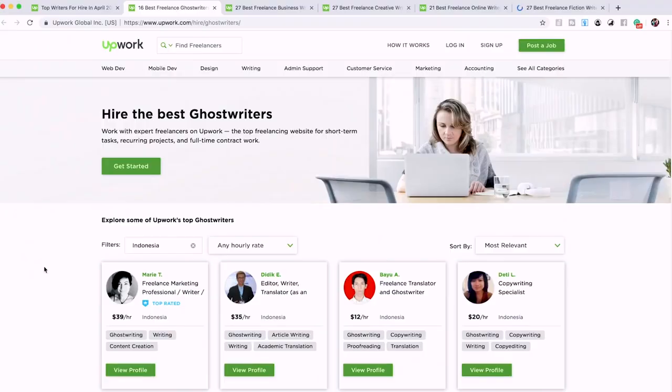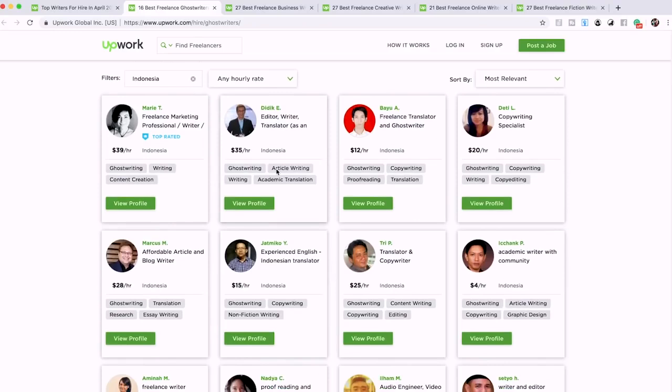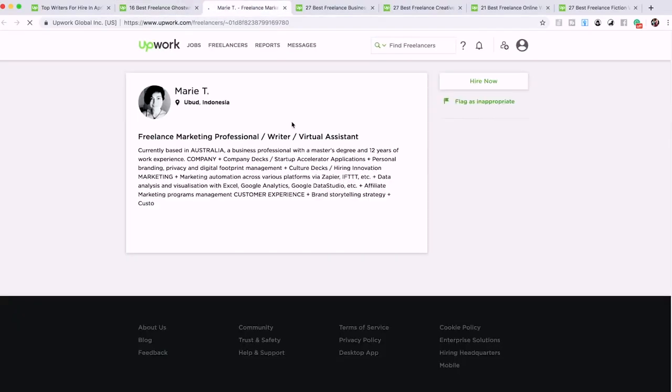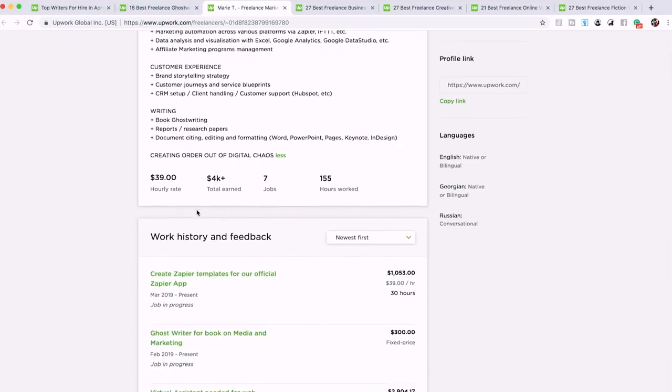Okay, so let's look at ghostwriters, and here we just have a bunch of profiles. And this part is very simple. You're just gonna explore Upwork. It's as simple as that. Look through any profile that looks interesting. So we'll look here at Marie T. Go into her profile. She has a little resume about herself, and if you go down, you can see her